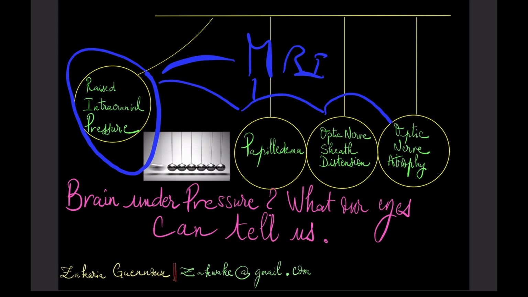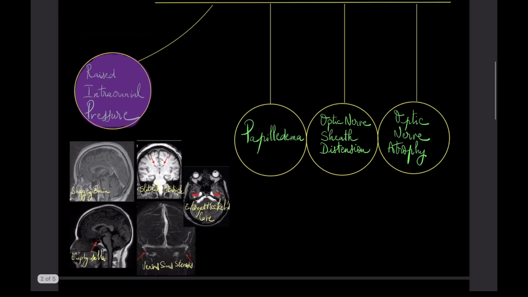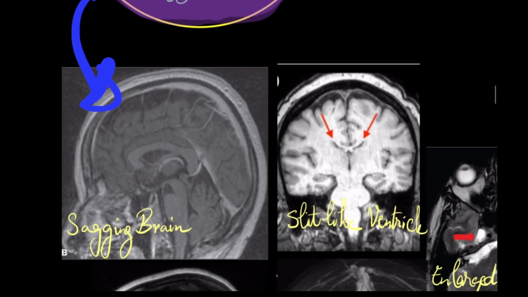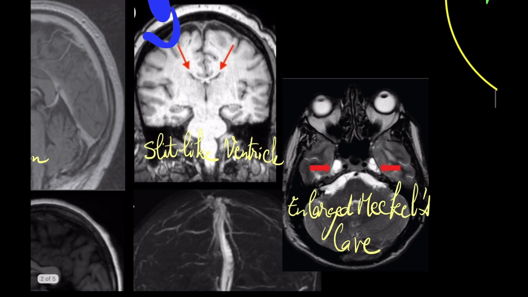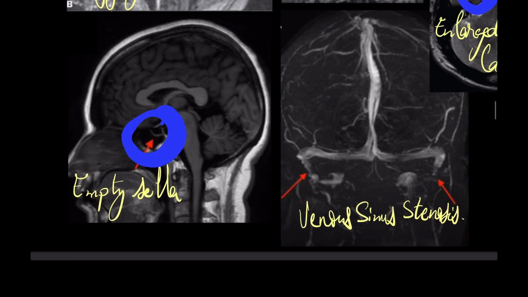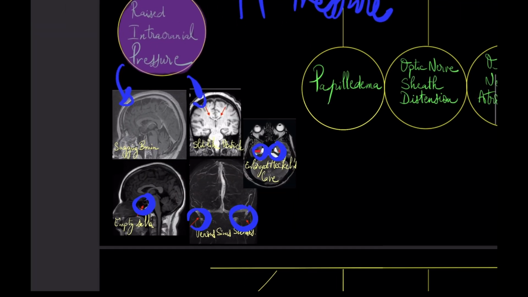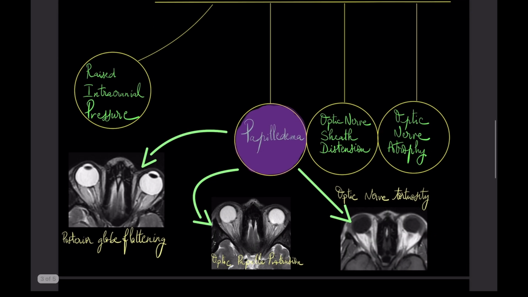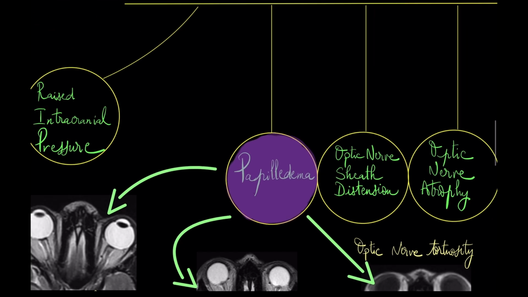We begin with raised intracranial pressure, which, like its name suggests, refers to an increased pressure within the skull. Its main MRI findings are a sagging brain, slit-like ventricle, an enlarged Meckel's cave, an empty sella, and also venous sinus stenosis. Then, along this spectrum of increasing severity, we will identify papilledema, which is defined as swelling of